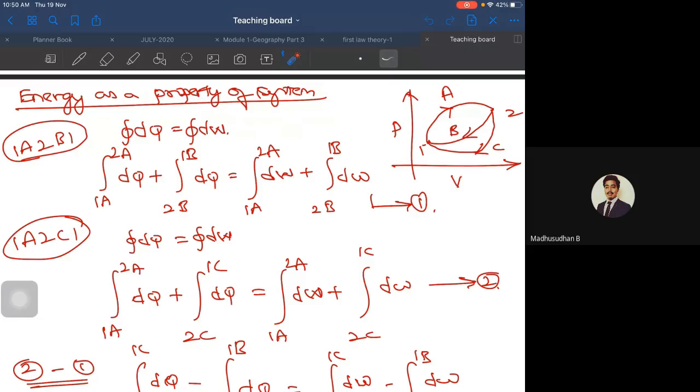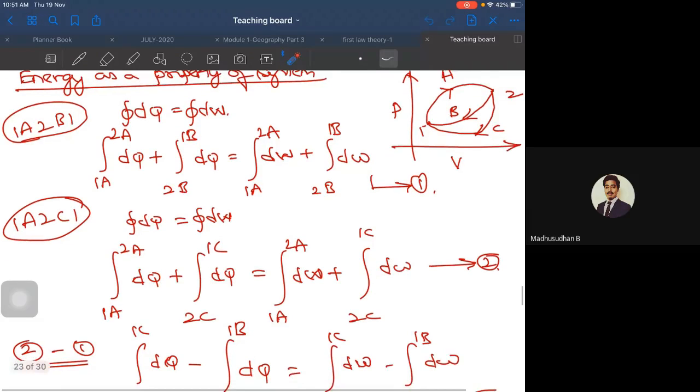How can I prove it? Whether it comes from B or from C, the energy is not affected. It will never affect the energy if I go from path B or if I go from path C. It will not affect the total energy of the system. If I am able to prove that point, I can prove that it never depends on the path you take. Rather, it depends upon the end state, which is the point. So that's why you can prove it to be a point function and hence a property of a system. Let us see how it works.